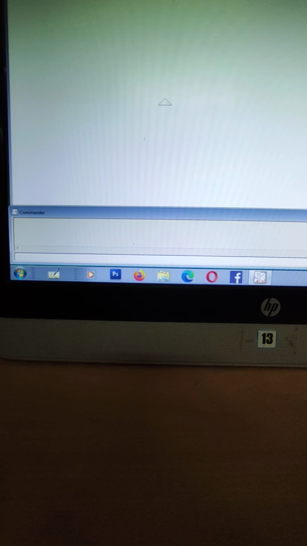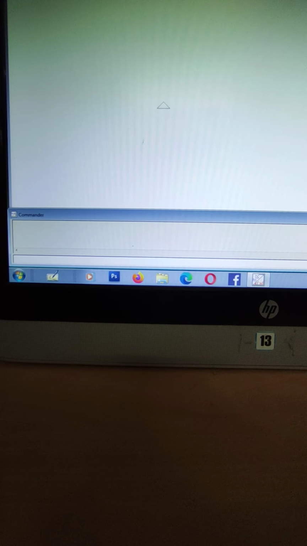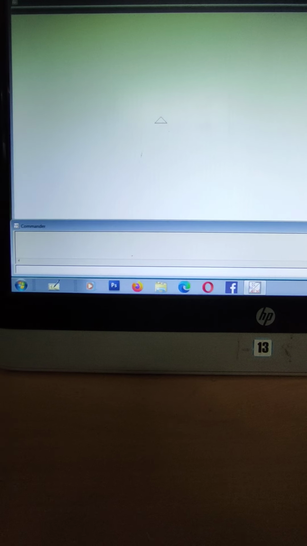PU means pen up command. It is used to make the turtle stop drawing a line when it is moved. Means if you don't want the line, you have to type the PU command. And if you want the line again, at that time you have to give the PD command. Means with the PD command, the turtle begins drawing a line. We will see one example and we will use these two commands in that example.